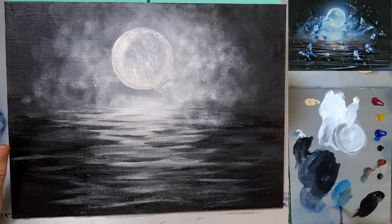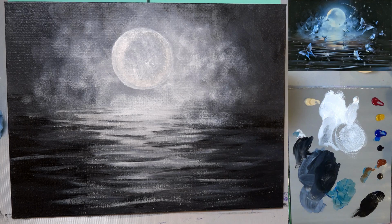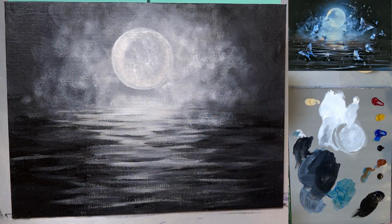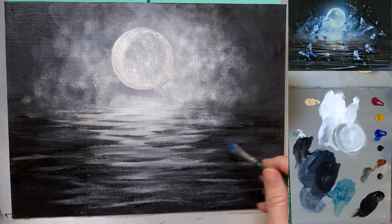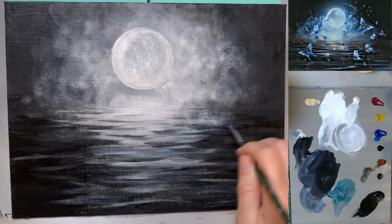It helps when you do glazing if you use a color that's already sort of transparent. So burnt sienna is not, but Phthalo Blue is very transparent. So it makes a really lovely glaze. So I'm going to wipe most of the paint off my brush. I've got just a little bit of the glazing liquid, probably 50-50 with my paint, maybe a little bit more glazing liquid than that. But then I'm going to go over